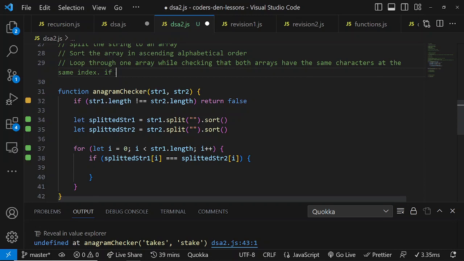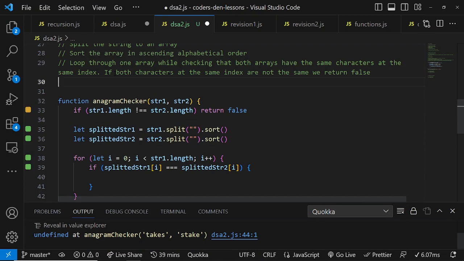So if you return true now, what else do you want to do? If both characters at the same index are not the same, we return false. Then if the loop runs successfully, at the end of the loop,